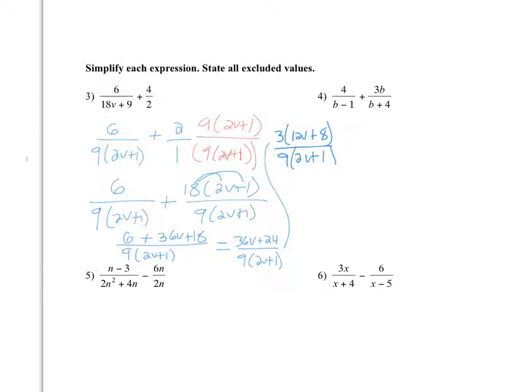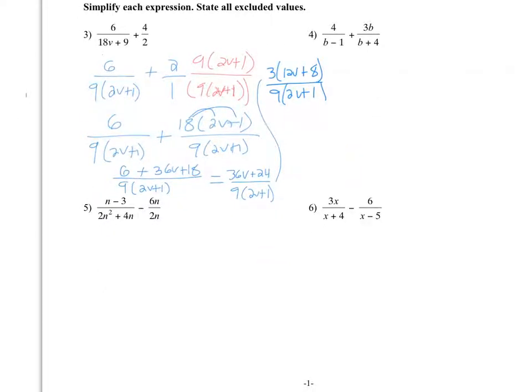Oh, well, 3 divided by 9 is 1/3, so this is 12v plus 8 over 3 times 2v plus 1. I don't know if the answer key has that distributed, but you could distribute it if you want. The big thing is that v cannot be equal to -1/2. So that's the simplified version,